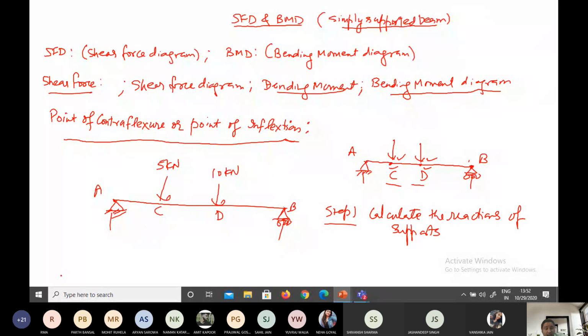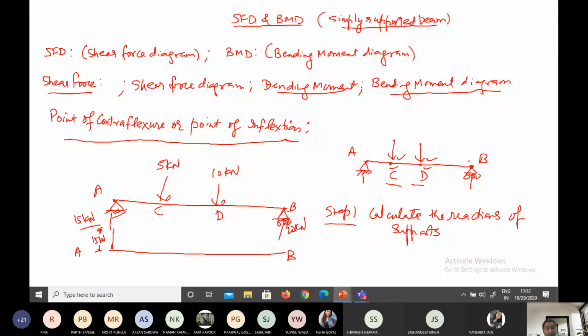Then, after calculating these reactions, let us say it is 2 centimeter and the loads here are 5 and 10. So let us say this here is 15 kilonewton and here it is 20 kilonewton. I am not taking an example, just explaining you the definition here. So we will make points A and B. First we will see this is 15 kilonewton, so we will mark a point here, and this distance is 15 kilonewton. This is the shear force diagram I am making.